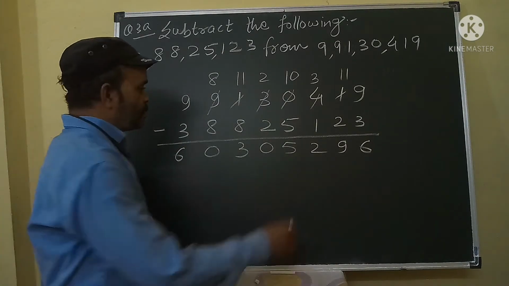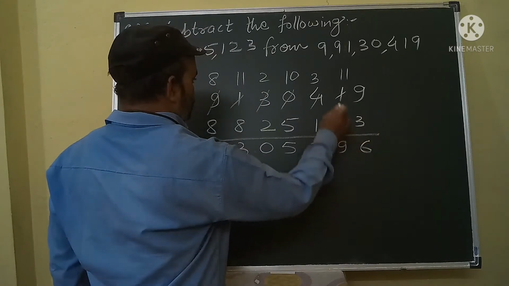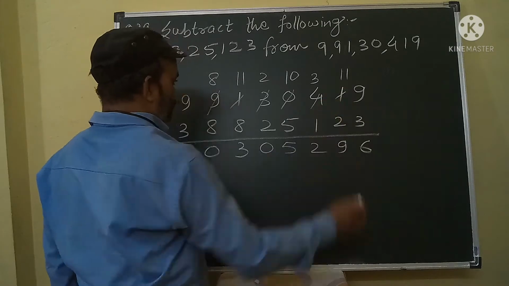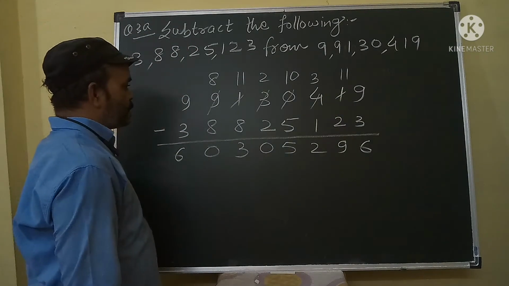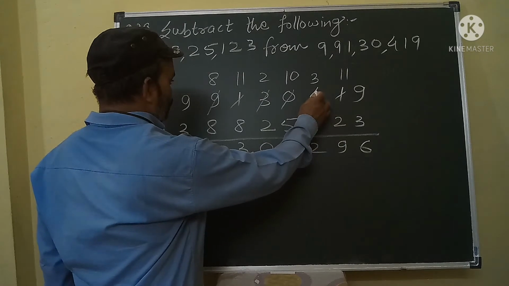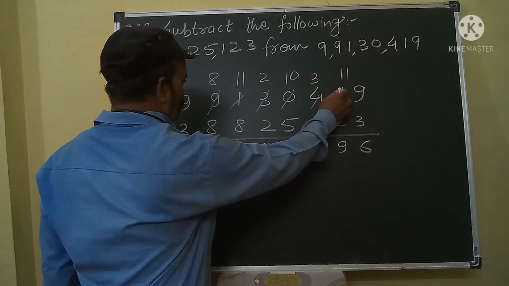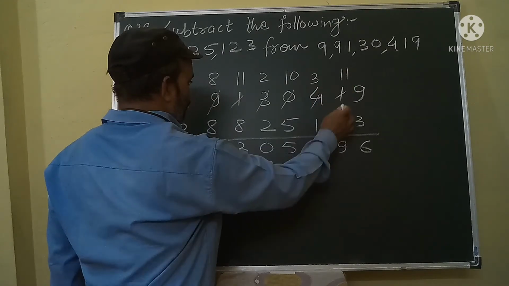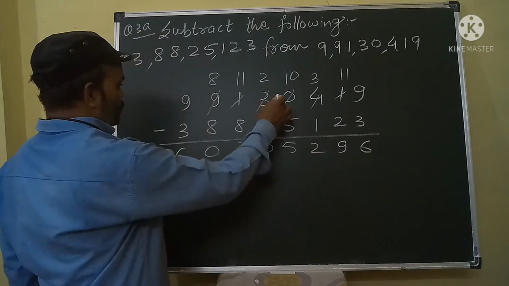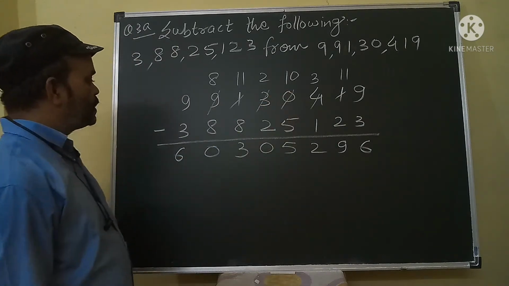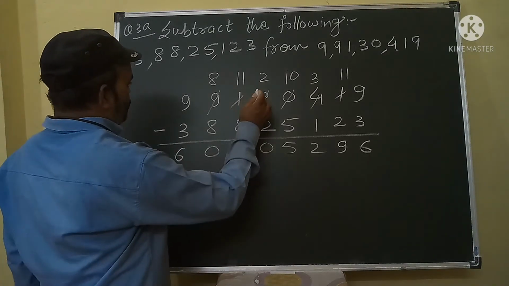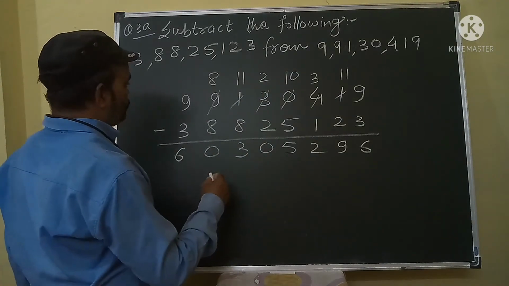Again I will explain. 9 minus 3, 6. This is 1, this is 2. We cannot subtract 2 from 1. So what will you do? We take one number borrow from 4. Then 4 converted to 3 and this 1 converted to 11. 11 minus 2, 9. 3 minus 1, 2. This is 0, this is 5. We cannot subtract 5 from 0. Then after we take one number borrow from next number.